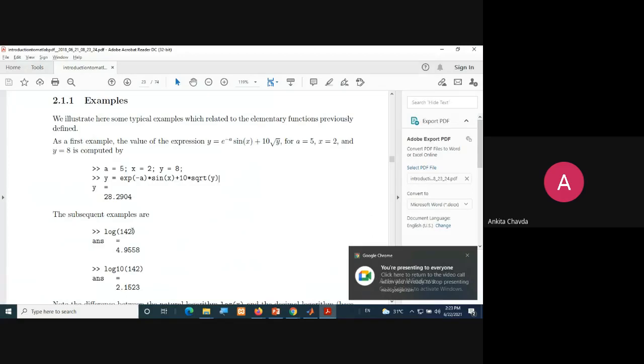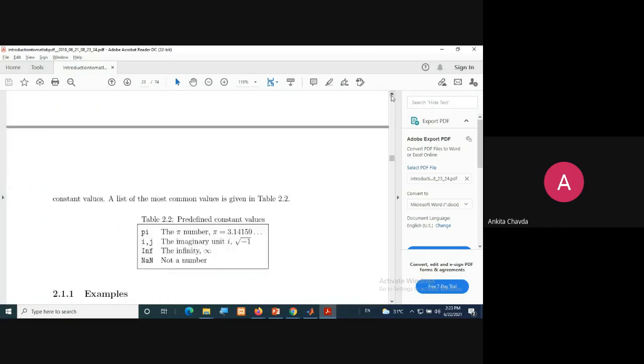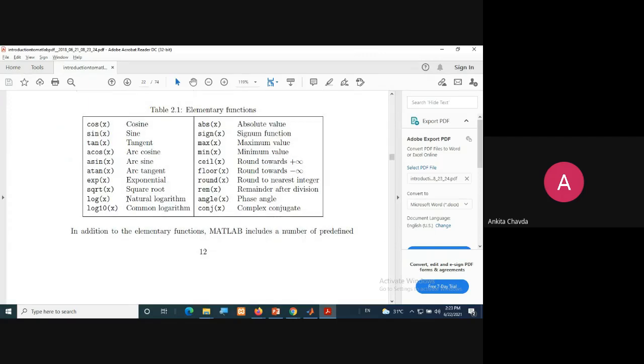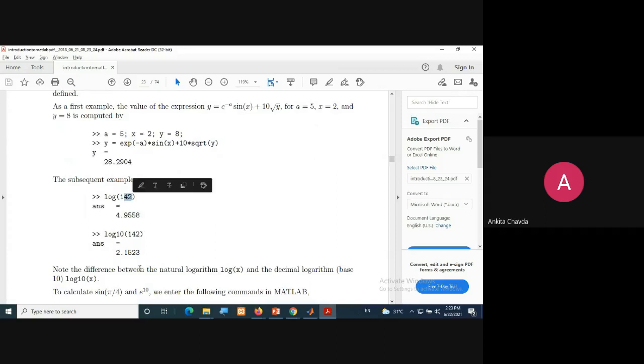Okay, good. Then you have one of the functions which is for log. This is the natural log, right? And with the decimal base also you have this log function. This is natural logarithm, log of x, and this is the common logarithm with the decimal base, right? So you can try that also with different values. You will be aware of some of the built-in functions if you try. Okay? Please do it.